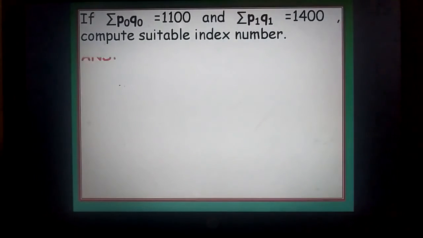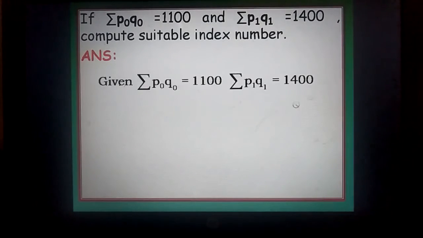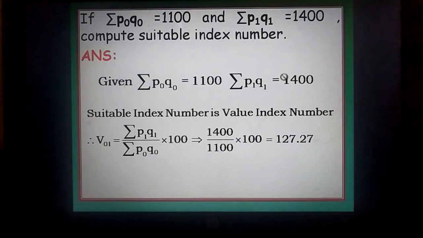In terms of solution, the given aspects have been written first, and the suitable index number is value index number. What is the formula of that? V01 is equal to sum of P1 Q1 divided by sum of P0 Q0 multiplied by 100. Substitute and perform the arithmetic calculation. You are going to get